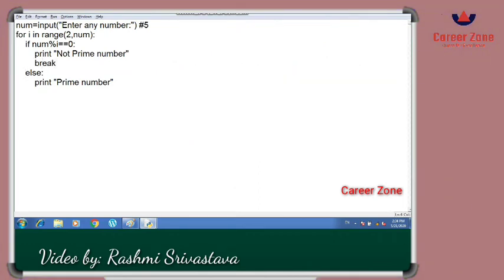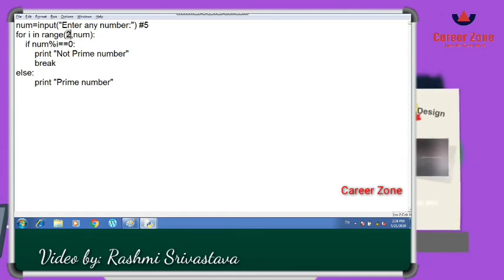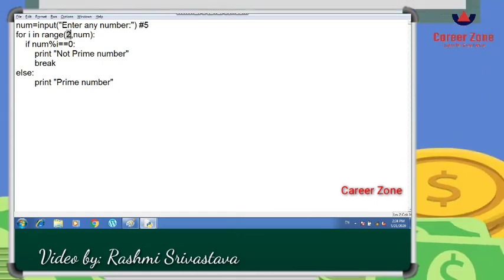So what we can do, we can use a break statement within the if part, and we will write the else out of the if part, so out of the looping part. So means that once we get the answer that the number is divisible, there's no need to update the counter variable. It will just jump to the else part and print prime number once, and the output will be given.